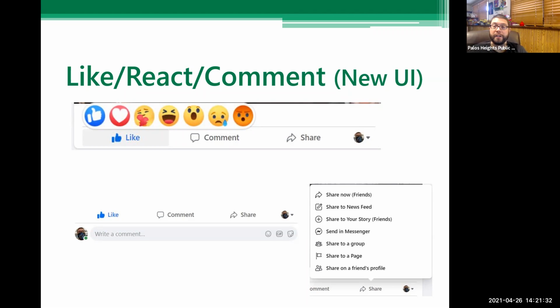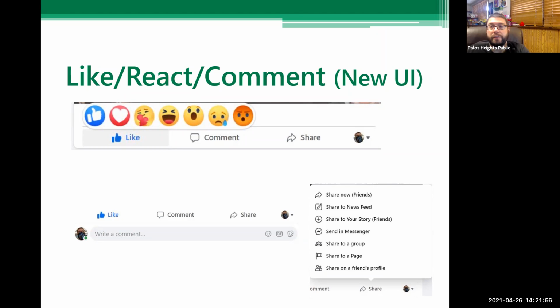If it's a post that you want to share, and sometimes posts can't be shared depending on how people have their privacy settings, but if it can be shared, you'll see that third share button there to the right side. When you click or long press that on a device, it'll pop up in the bottom right hand corner all the different ways you can share.